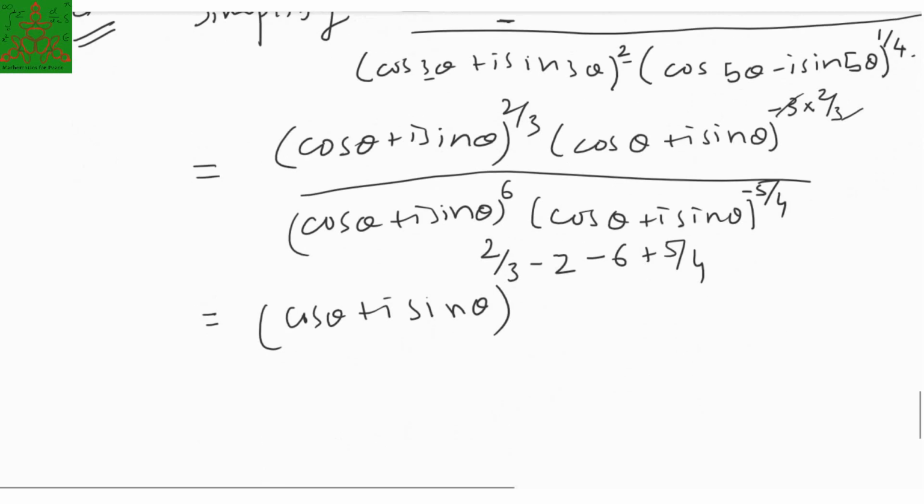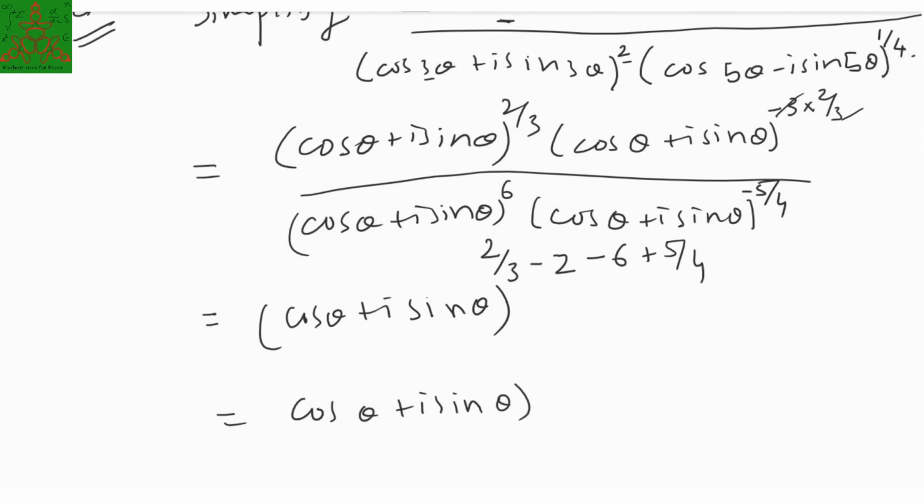So if you simplify this, you will get (cos θ + i sin θ) power minus 31 by 12, and so we can write that as cos of 31 by 12 θ minus i sin 31 by 12 θ,